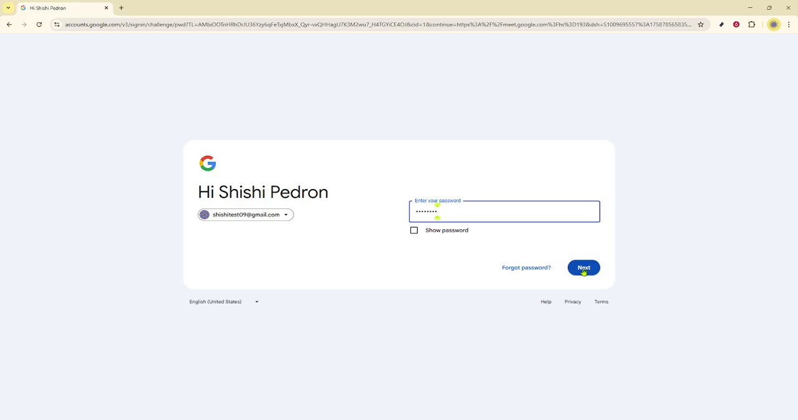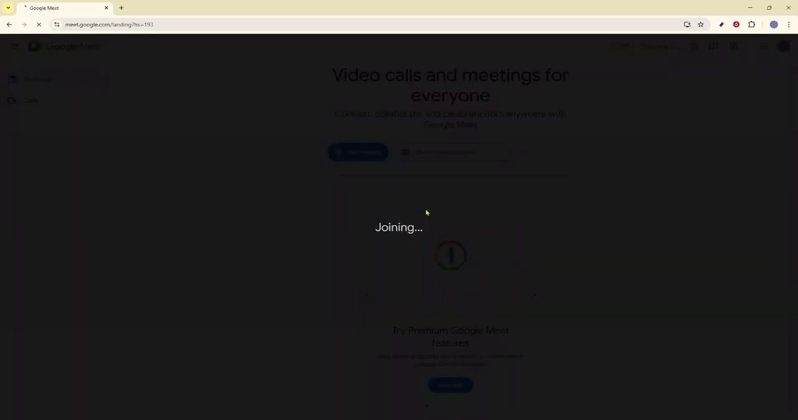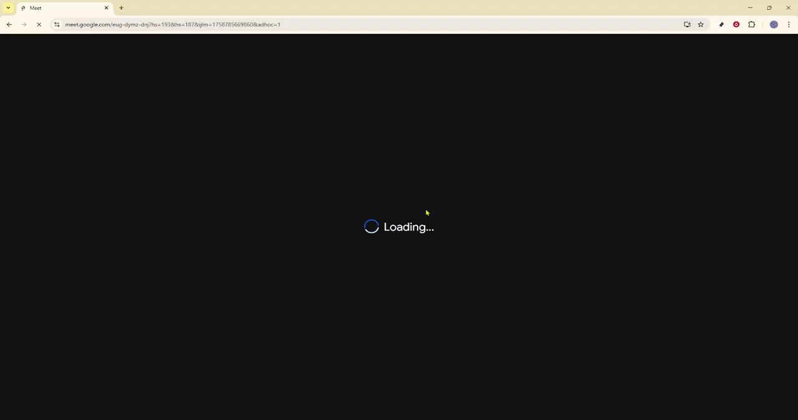Now that you've successfully logged in, you'll see an option to start a new meeting. Click on New Meeting to get things rolling. You'll then have a few choices, but for the purpose of getting your camera up and running, we're going to click on Start an Instant Meeting. This action opens up a new meeting window, and you should be able to see a preview of your camera